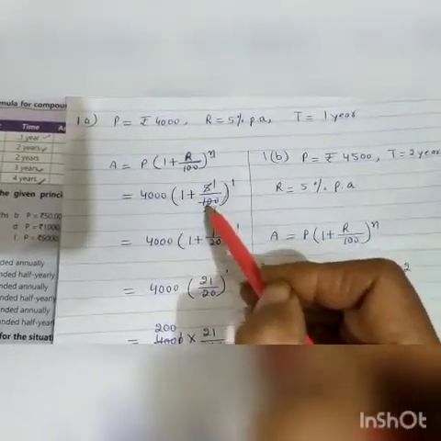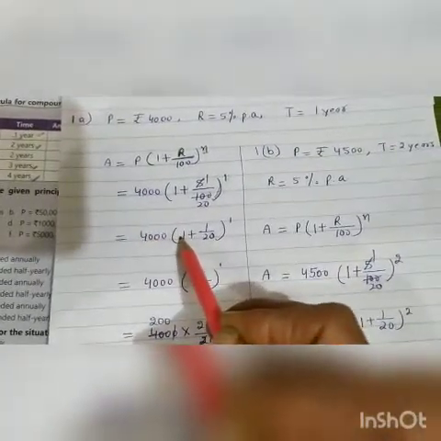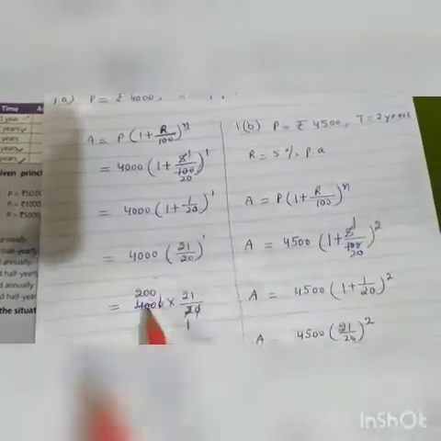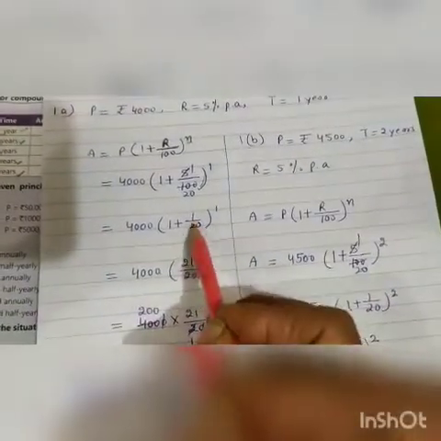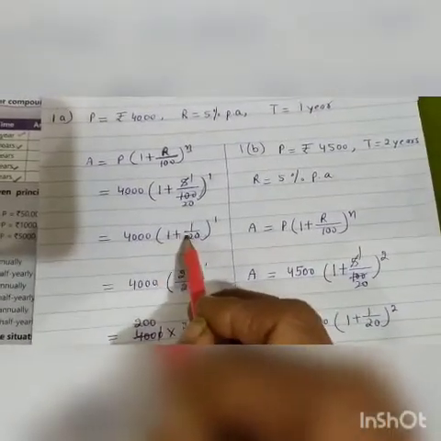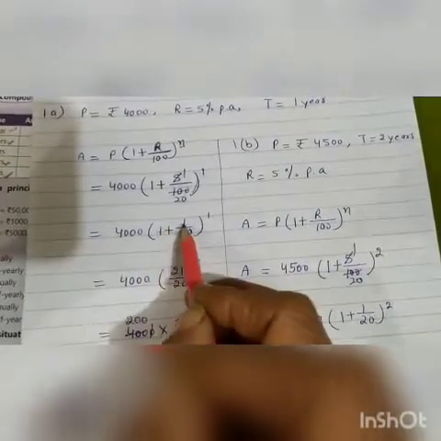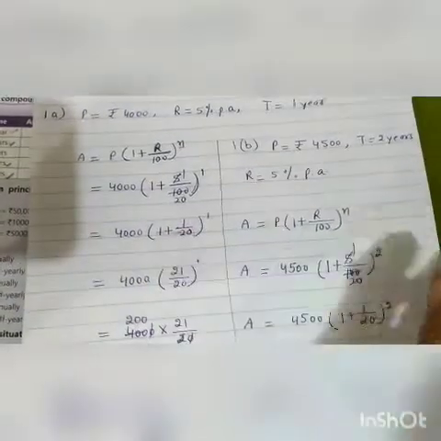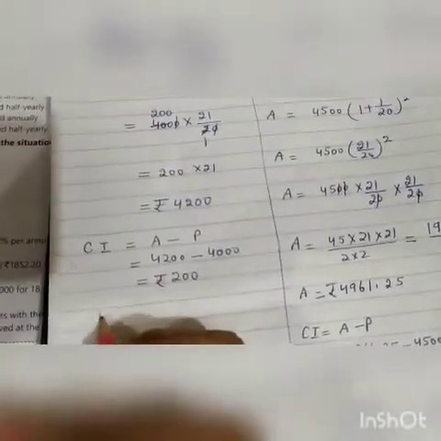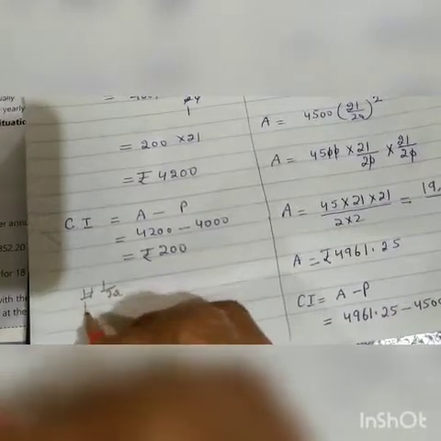5 1 is 5, 5 2 is 10, 0. Now this is 4000, 1 plus 1 upon 20 power n. Now this 4000, we will take it as like this, 20 1 is 20. We will take it in short, 20 1 is 20 plus this one, 21. Because students, if we simplify it, see here, 1 plus 1 upon 20. This one will be considered as 1 upon 1.